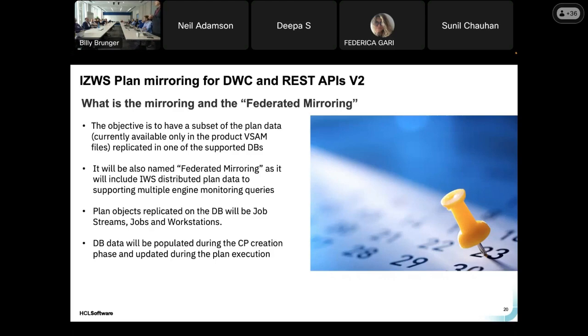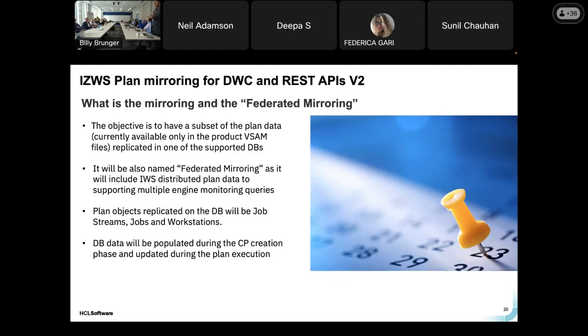Jobs in the current plan. No, I understand, but keeping them up to date on the database is asynchronous. So you have events that are sent to the component that is called the federator. Yes, that's the name. Federator. It's because the distributed part will also use this in the future, but this is starting on the